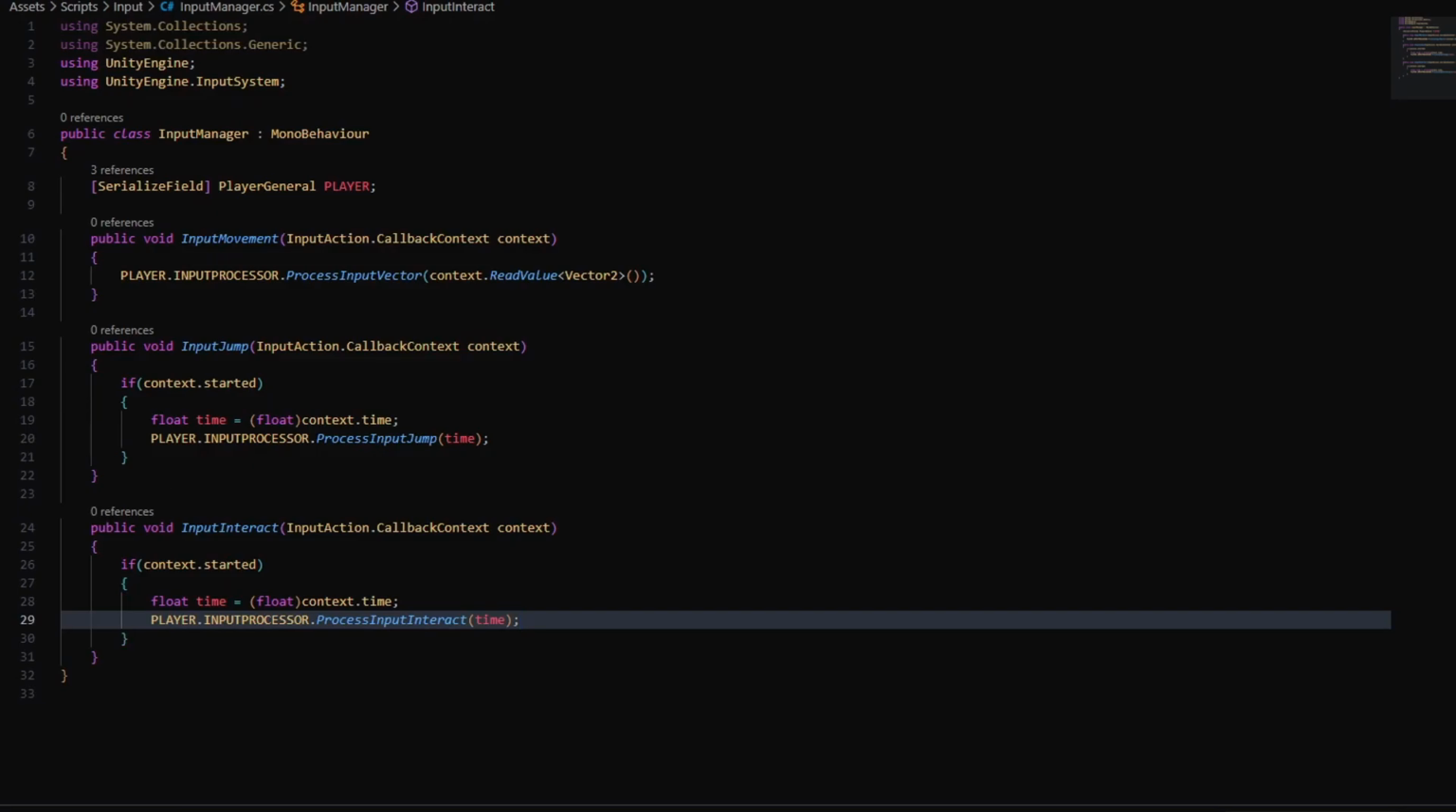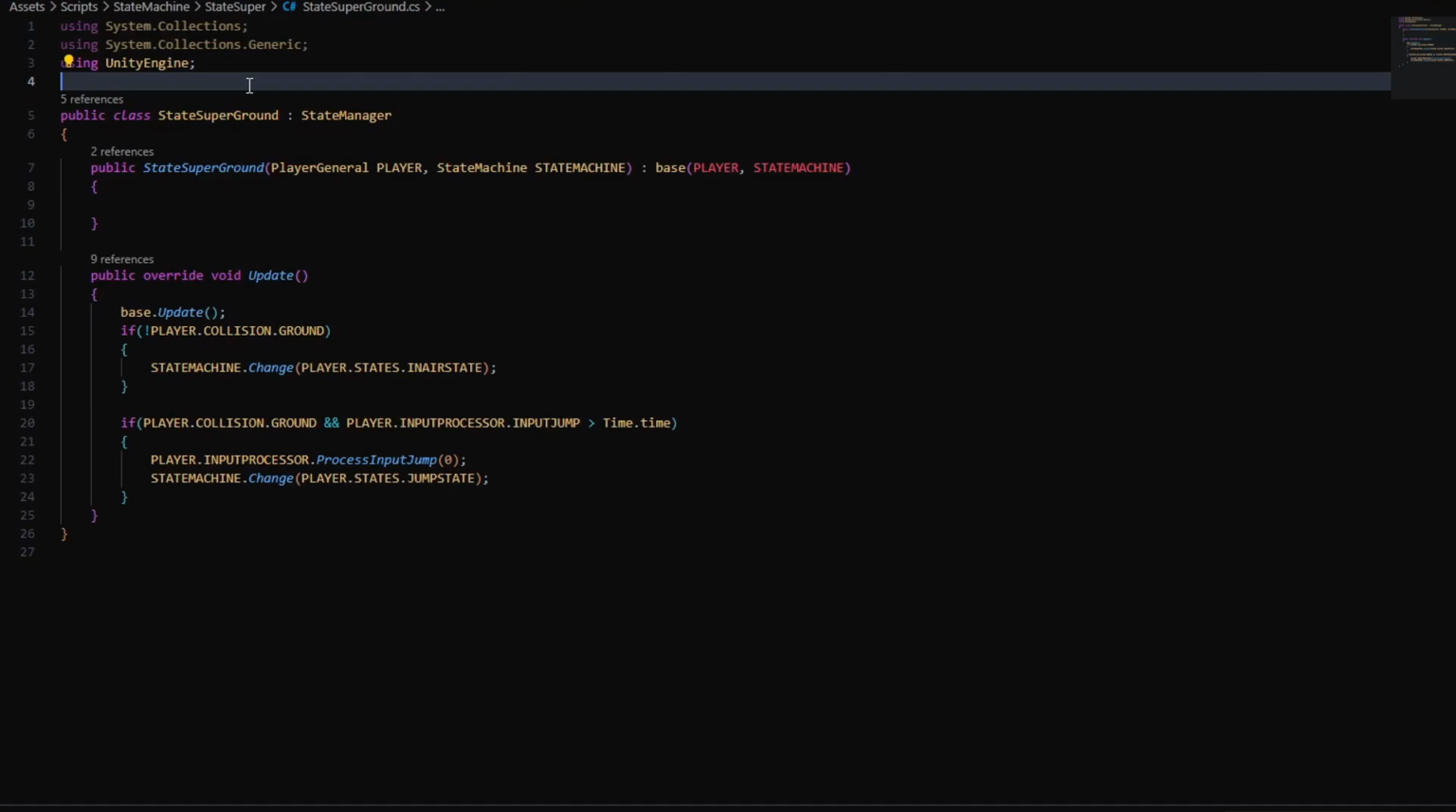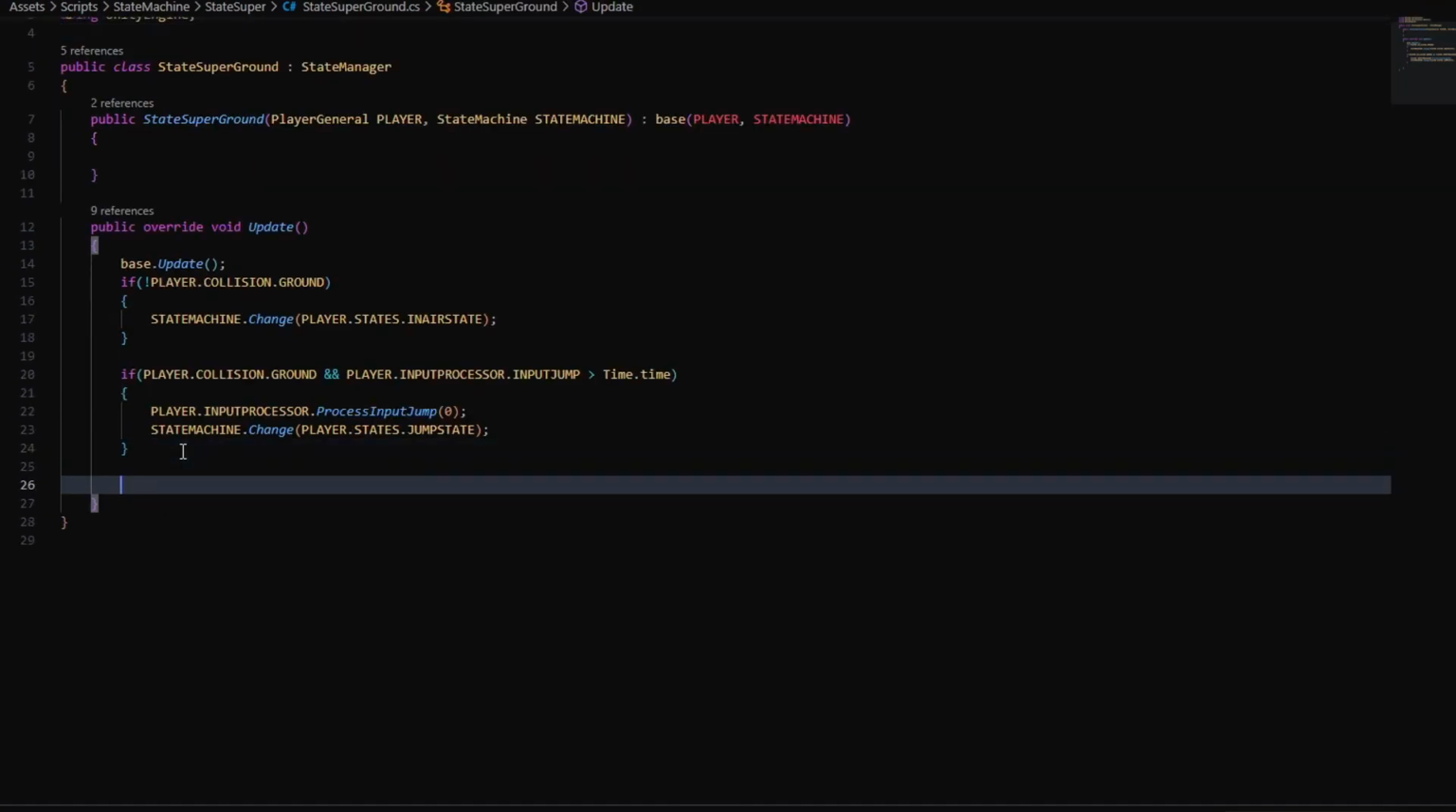Now let's work on the logic of how we can actually enter the interact state. So think about what state you want to enter the interact state from. In my case, it's the super state ground, because I want to interact from the idle as well as the movement state. So open up the state super ground and in the update say if our player is grounded and our input interact is bigger than the actual time.time, and that's the new one here,